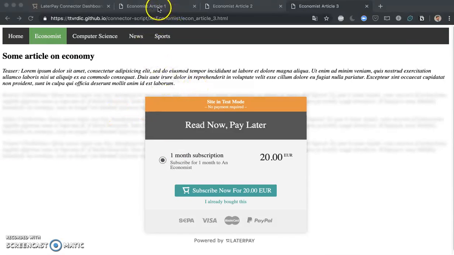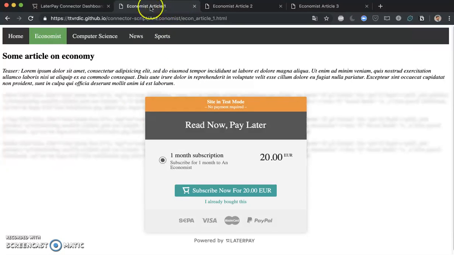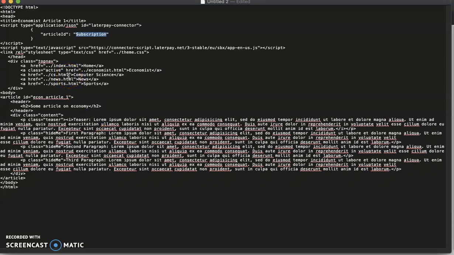So the only thing we have to still do is to introduce an additional ID for Economist Article 1 so that it can be differentiated between other articles in the same category. Now, in order to do this, we need to go back to the source code. This is again the source code for Economist Article 1, we need to add an array of IDs. So an array is usually specified in JSON notation. It is specified with these angular brackets here. Now we need to open one and close the second one, and then we add the second member, or that is the second ID, with a comma,